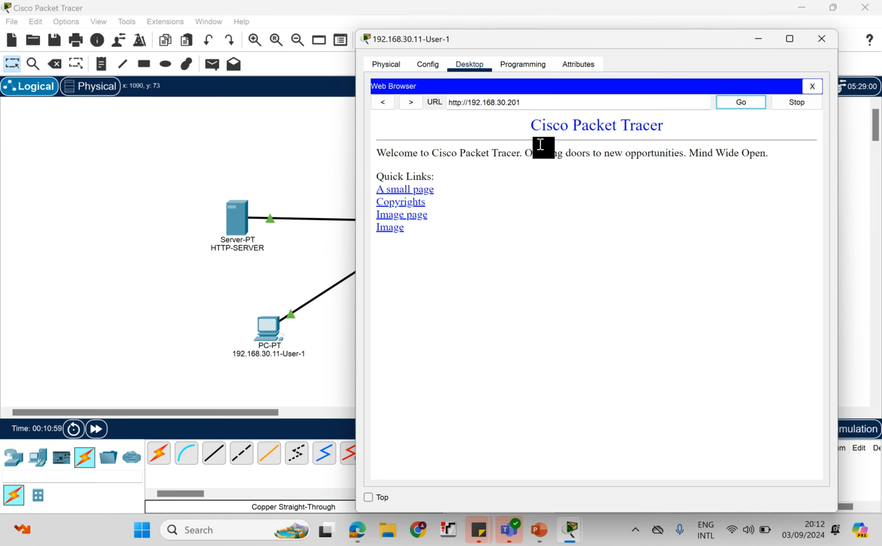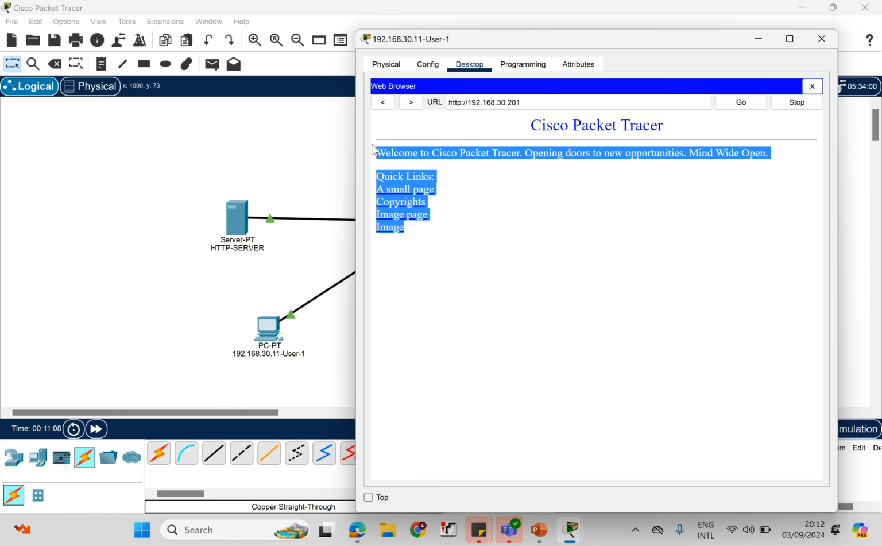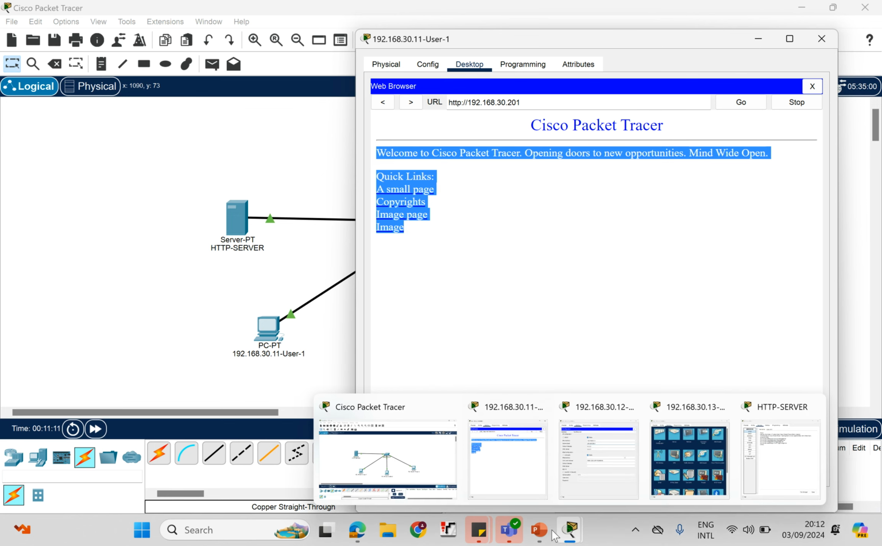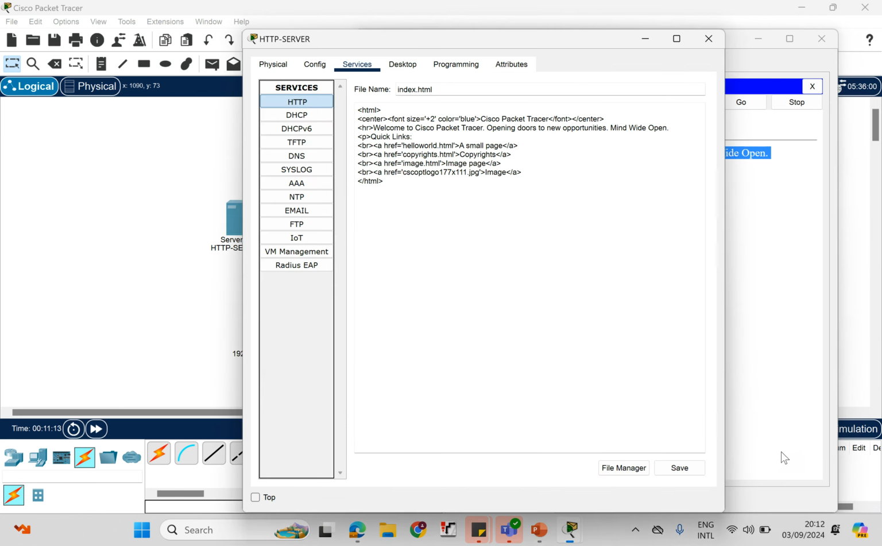So we can see it's telling us welcome to Cisco Packet Tracer, opening doors to new opportunities. This is the default web page. Let's go and edit it now for our own design. So here I can change the welcome to Cisco Packet Tracer, opening doors to new opportunity, to whatever I desire. So I will say welcome to the HTTP server